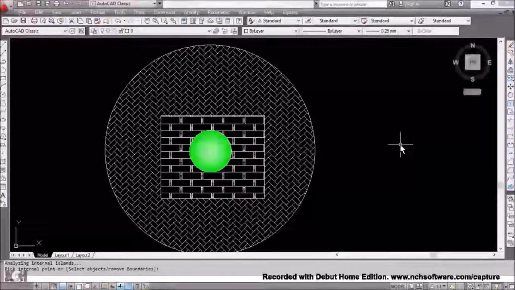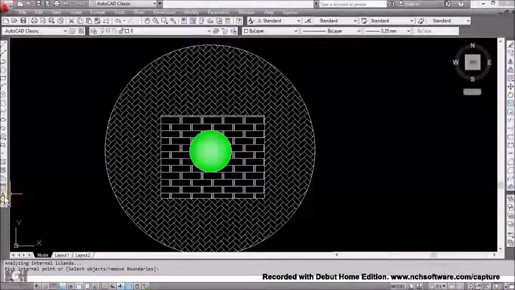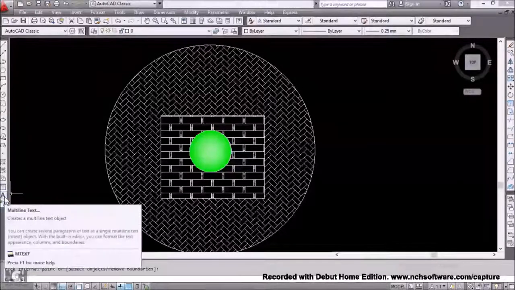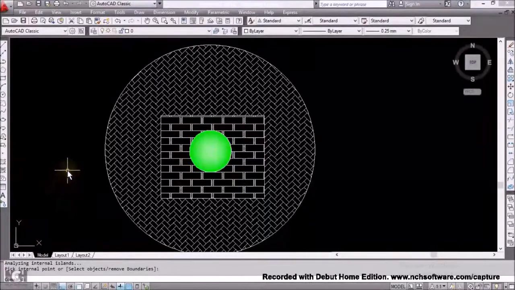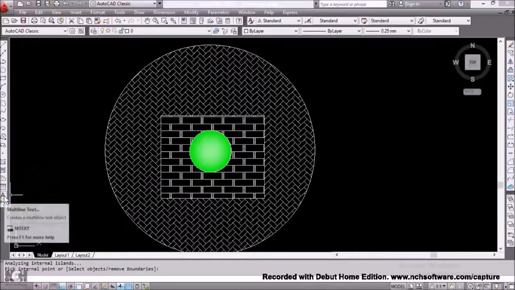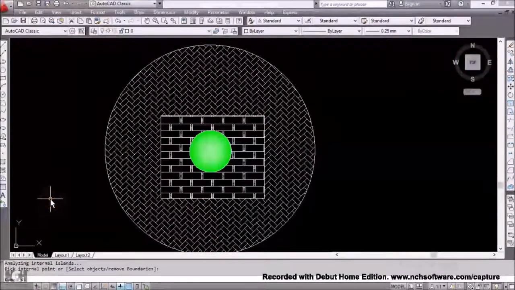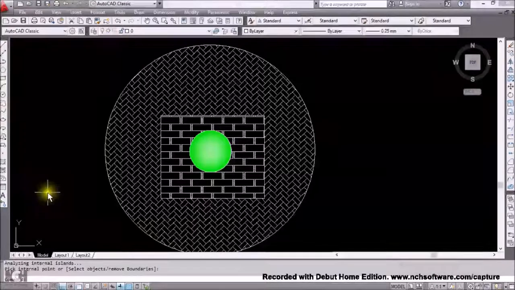I believe we've been able to cover the major part, and we also have the multi-line text. This multi-line text is not that necessary. You only use this multi-line text if you want to create a text pattern that is in the form of a paragraph. That is where you can use the multi-line text. But for now, we've been able to cover the draw and basic commands of AutoCAD, the line down to the